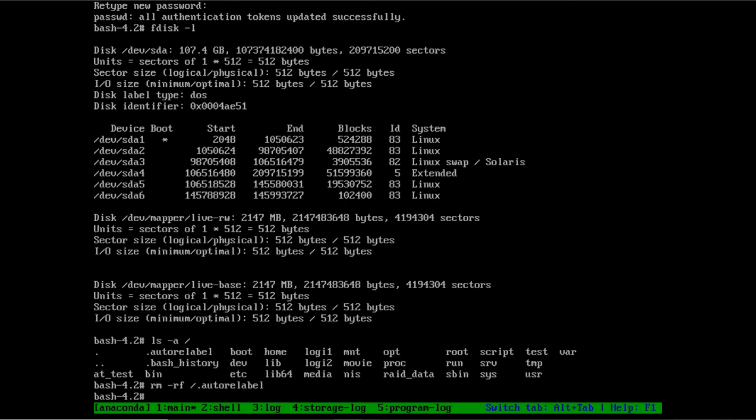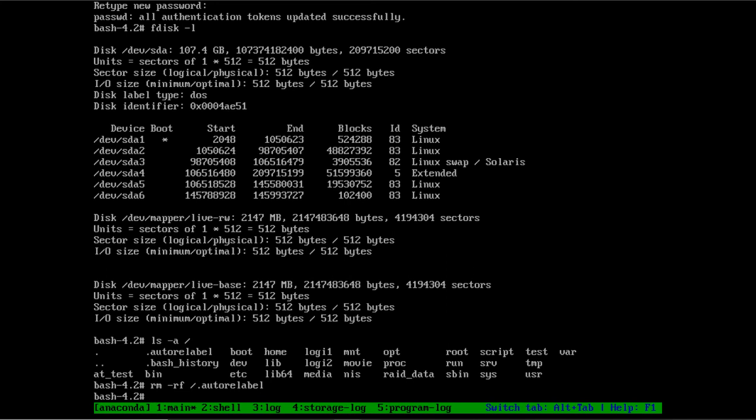Now again, if you forgot to do this, your system will not start. If the system is not started, then we have to come again into the rescue mode, and try to delete the file again, then it will work.